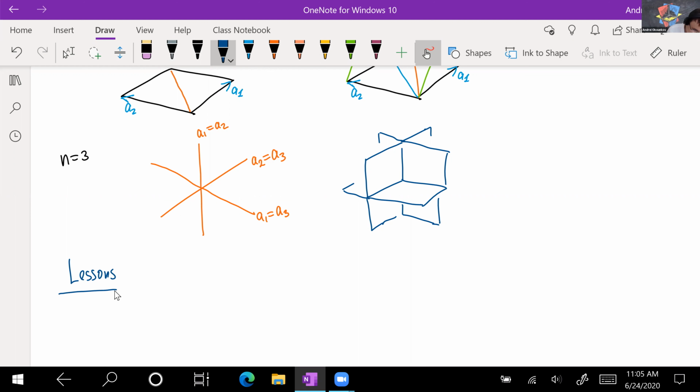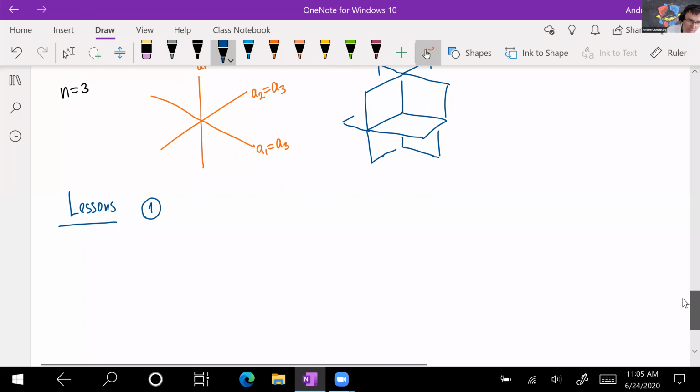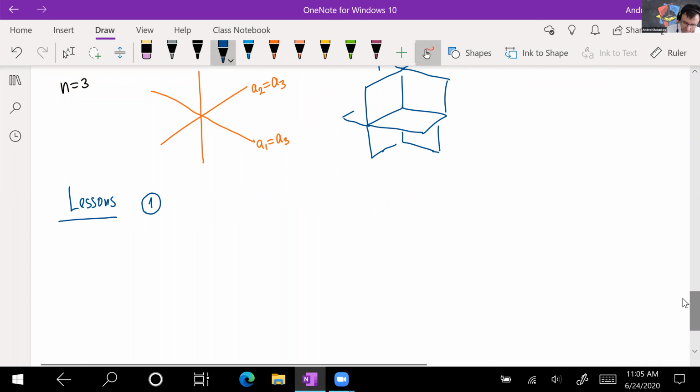So maybe there's some lessons to draw from this computation, and the first lesson is that, let me be a little bit ambiguous about my notation. If I write G, this could mean two different things. This could mean G compact. In equivariant elliptic homology, in the topological world,